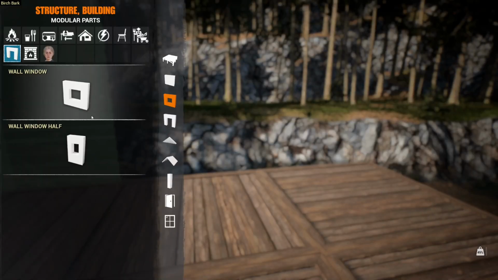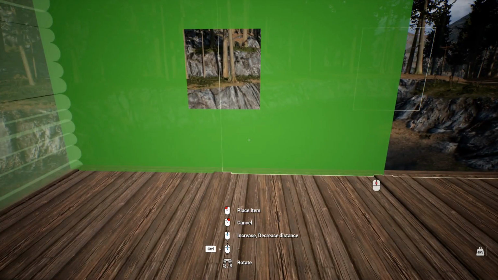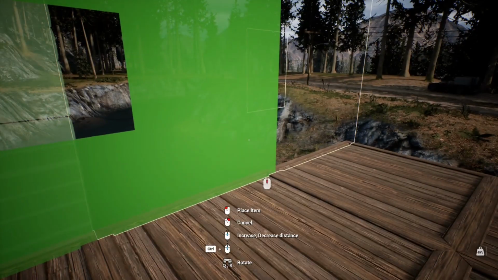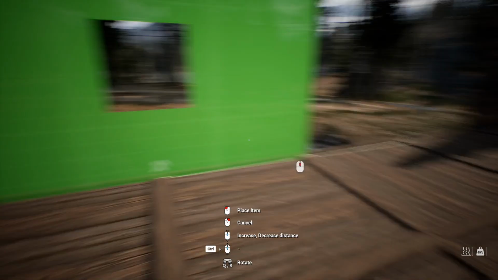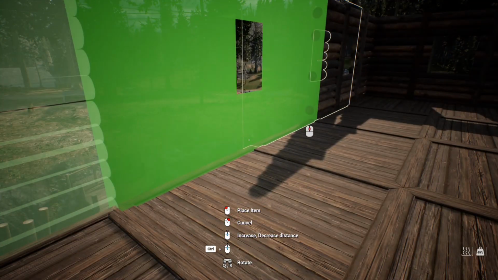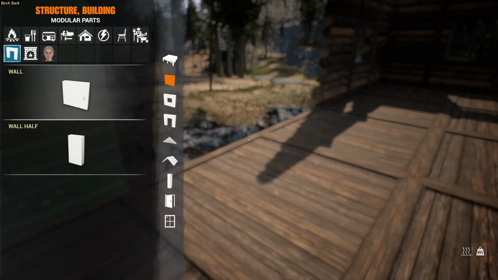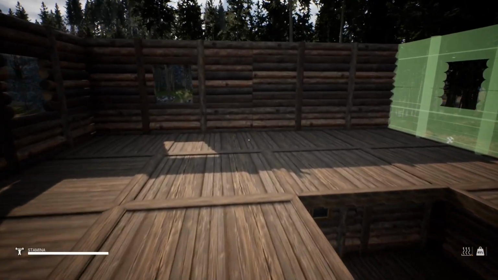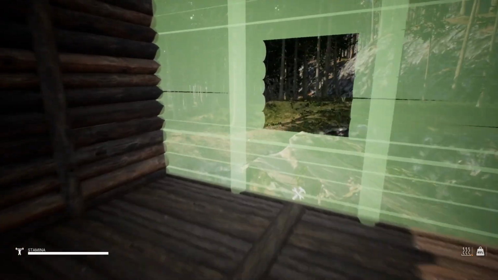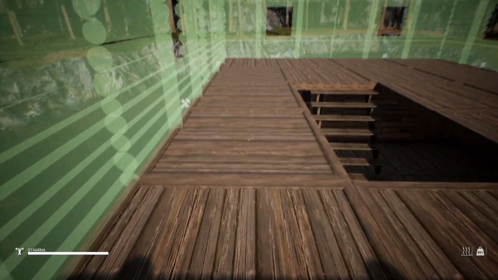We're going to have another window here, won't we? And another window here. And another window here to look out over there. Another window there. And here we will have a wall. Right, so there's the bedroom. So if I put the bedroom door here,